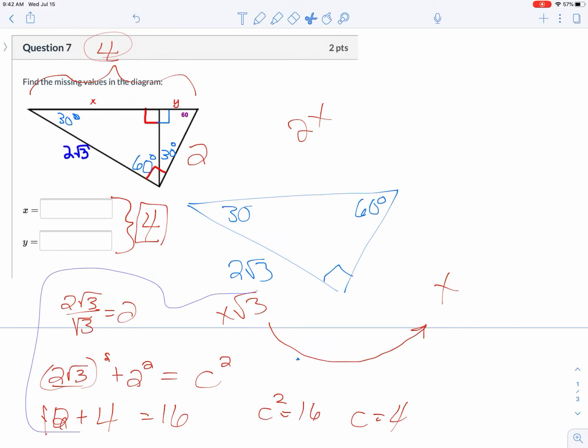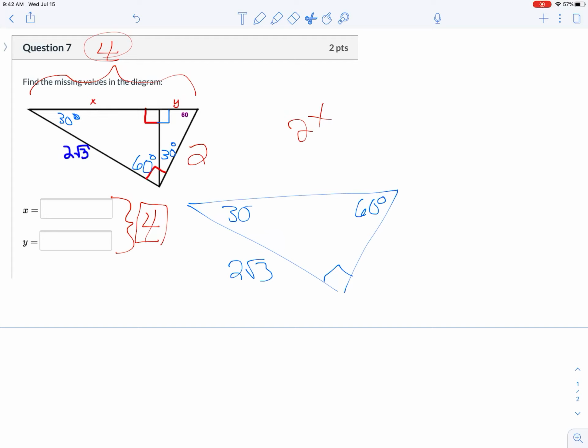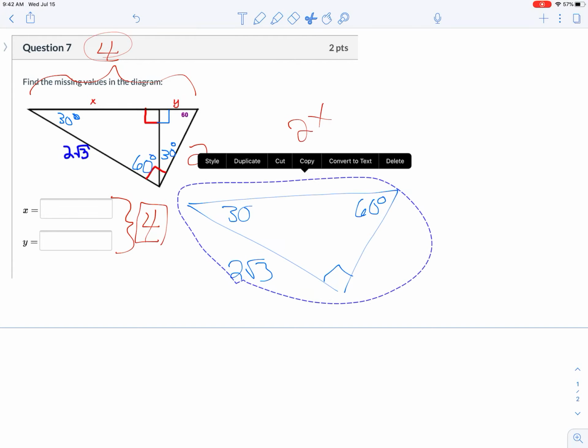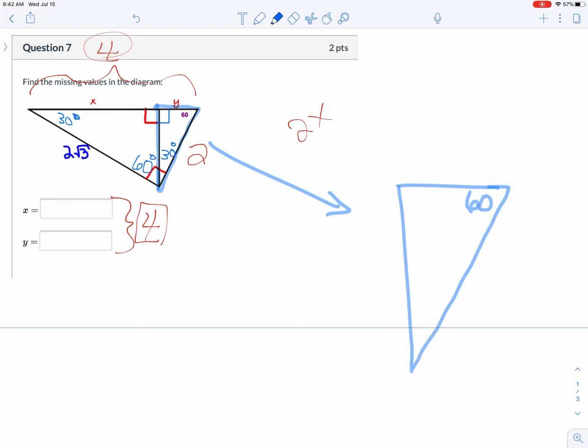All right, let's clear out some space and let's go after the 2 lengths that we haven't even gotten to yet. x and y. Let's see. Aha, look at this. This short triangle here is a 30, 60, 90. Let's amplify it out here. And it's good to see these special right triangles in inverted ways, ways that are not always the way you like to see them. I know the hypotenuse here is 2,